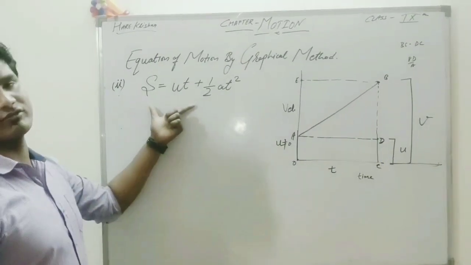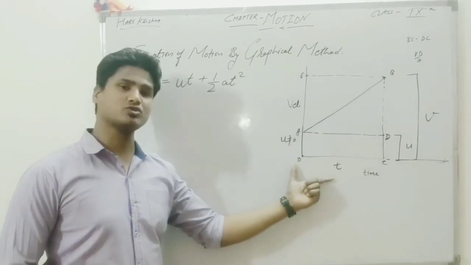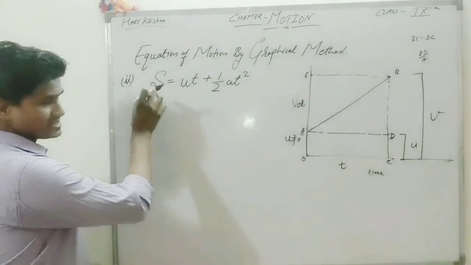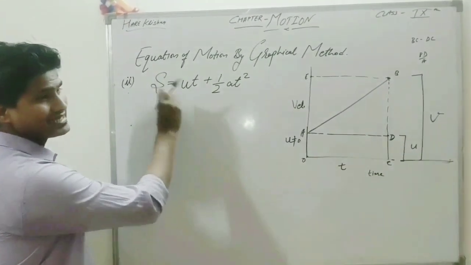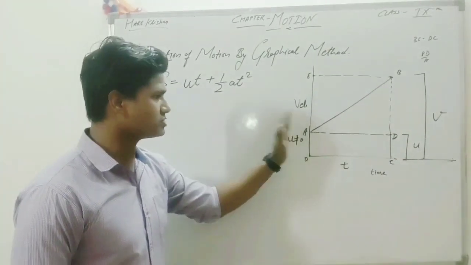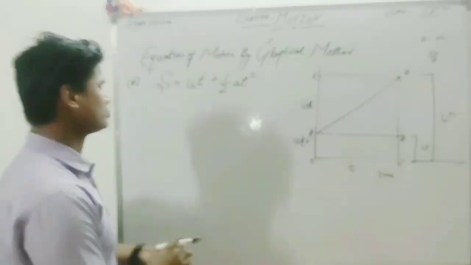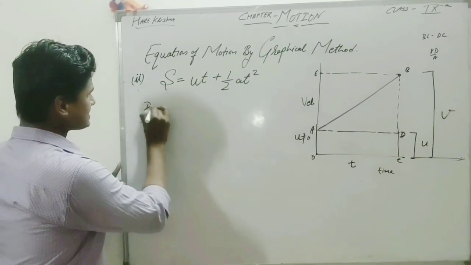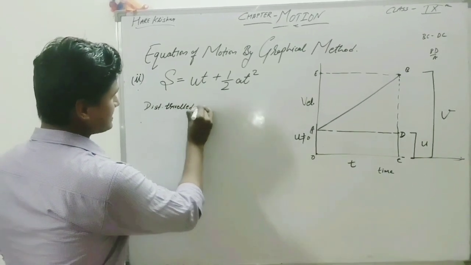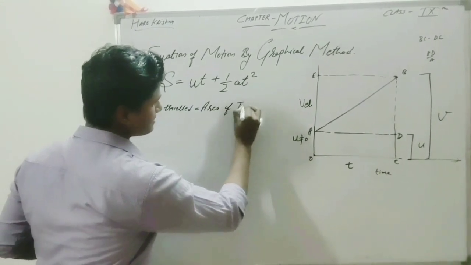Now we come to the second equation of motion, that is S is equal to ut plus half at square. To derive this equation, we again use this graph as we used for the first equation. Students, we know this equation gives the distance traveled in time t. In this graph, we can see if this line shows velocity and this line shows time, then this area shows distance traveled. So we can write distance traveled is equal to area of trapezium